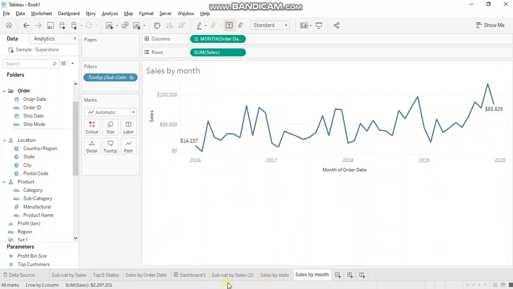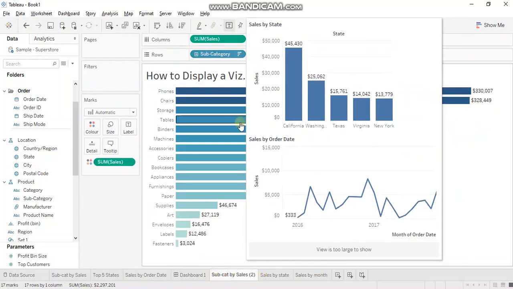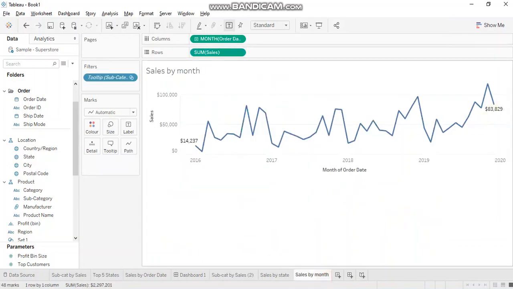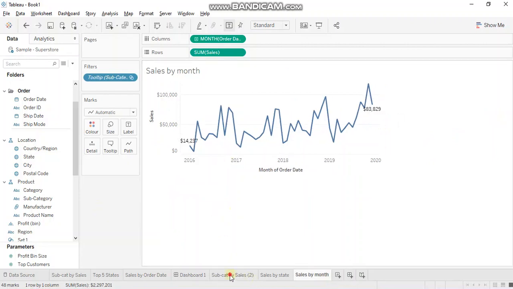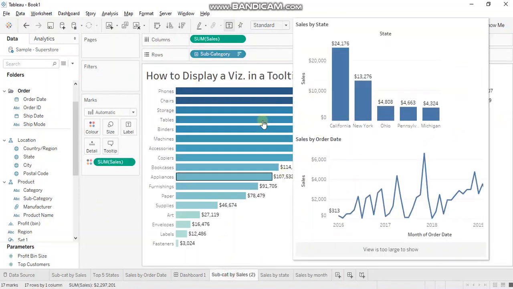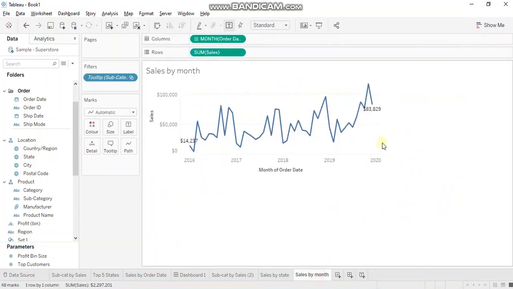Okay, now let's check. Alright, the first sheet looks fine, but the second sheet is moving out of the tooltip box. So I think we'll have to go and adjust the width. Okay. Alright, somewhat better.